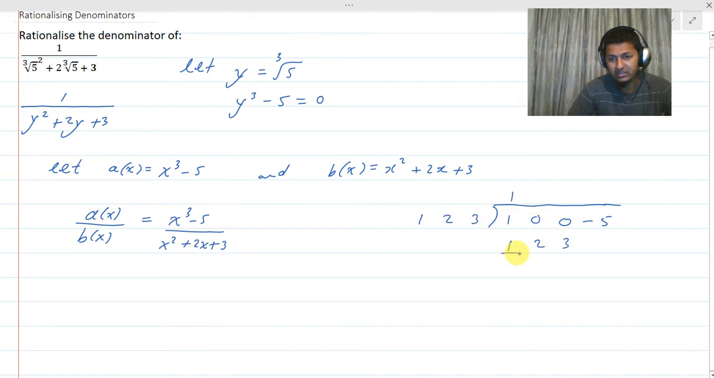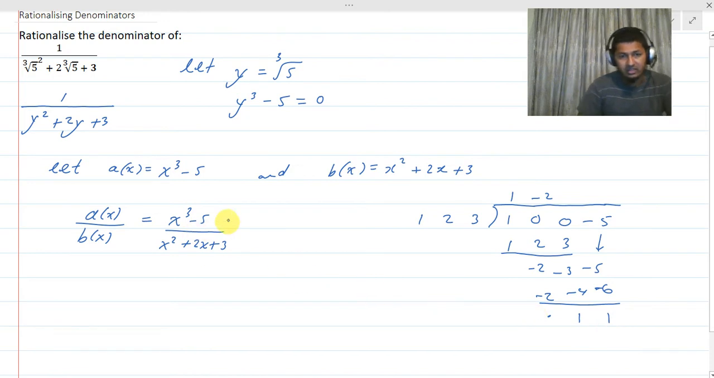Now we subtract. If we subtract, we get minus 2 and minus 3. Bring down the minus 5. Now 1 can go into minus 2 times. So what we have now here is minus 2 times 1 is minus 2. Minus 2 times 2 is minus 4. And minus 2 times 3 is minus 6. And if we subtract again, we end up with minus 3 plus 4, which is 1, minus 5 plus 6,